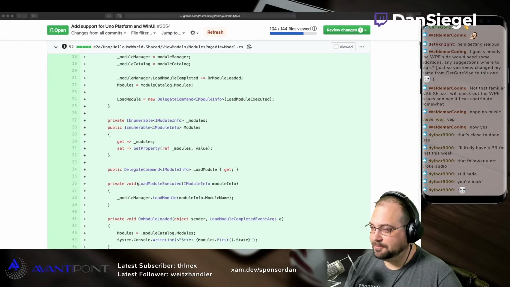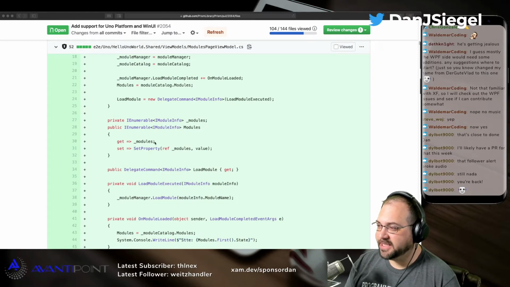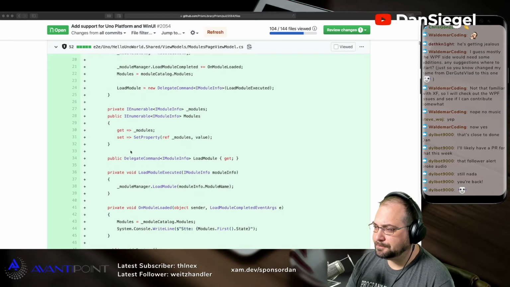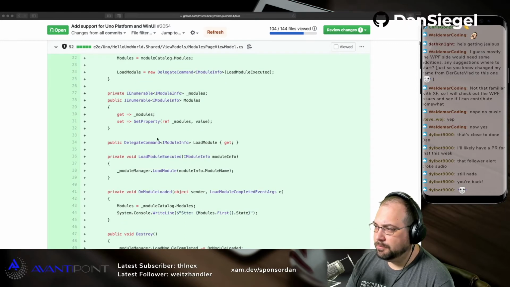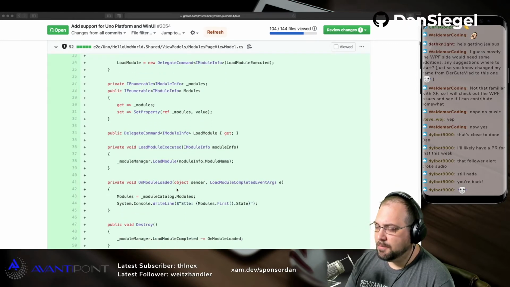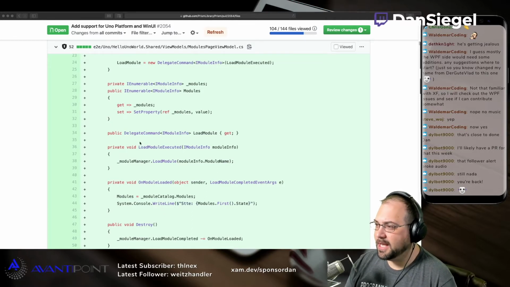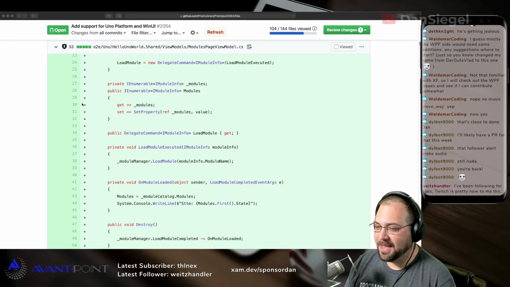Anyway, I was noticing some issues. I've got the same enumerable of IModule and all that, and we do the whole loading of modules, but I could never get the status to display. And then it occurred to me why. Because of the way that I implemented the IModuleInfo,